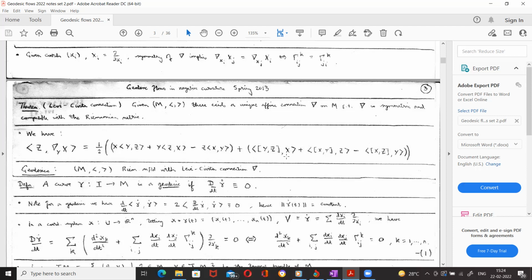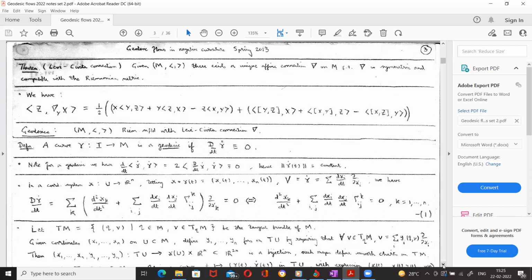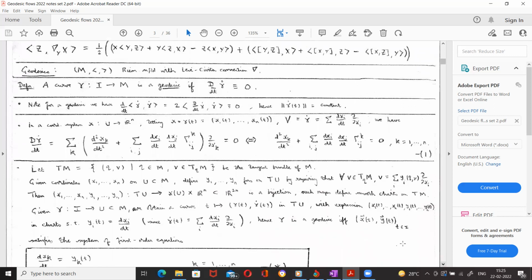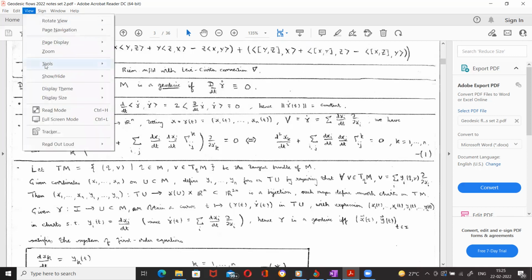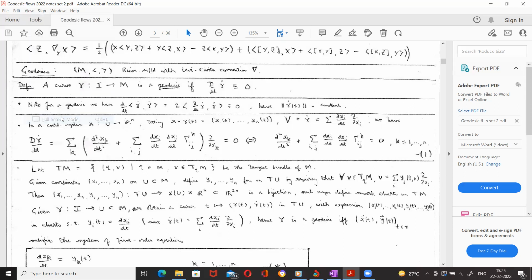Okay. So up to here is all right. Okay. So now we're going to define what are called geodesics. Okay. So now for the rest of the course, the only connection we'll talk about is the Levi-Civita connection on a Riemannian manifold. We will always assume, unless otherwise stated, that our connection is the Levi-Civita connection. So one second, let me. Yeah, so I have the hand.